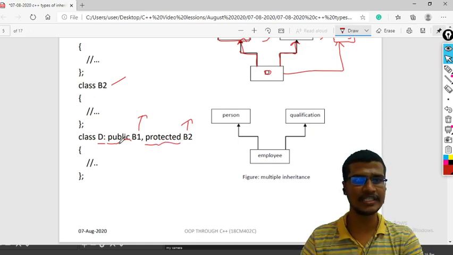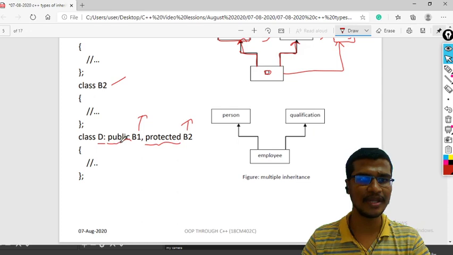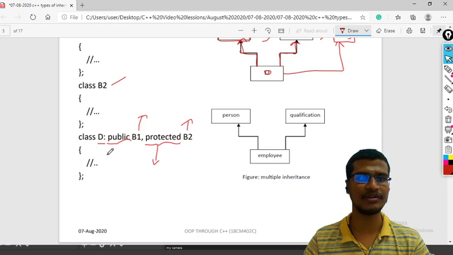B1 is derived publicly, meaning whatever data members are there in B1, public will come into the public section and protected will come into the protected section. And in case of B2, whatever the data members, public and protected, will become protected variables in the derived class. So here I am deriving one class publicly and another protectedly.